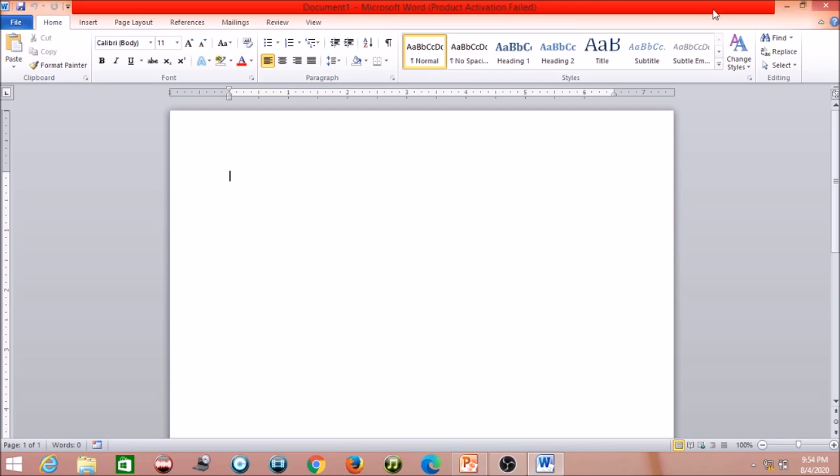After the title bar you will find the menu bar: File, Home, Insert, Page Layout. These are the menus. After the menu bar you will find the ribbon, and the ribbon includes groups. So Clipboard is one group, Font is another group, Paragraph is another group, Styles is another group, and Editing is another group.